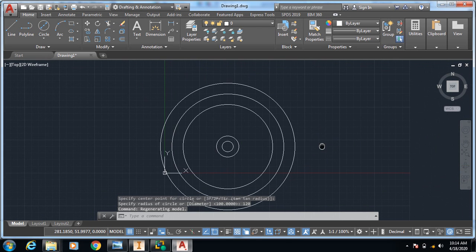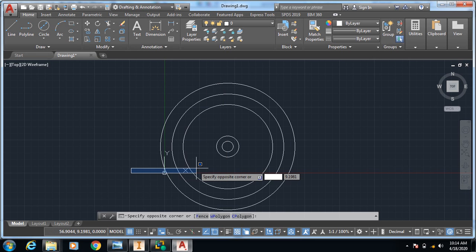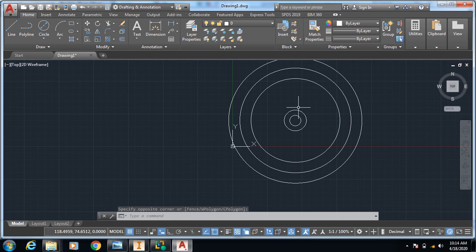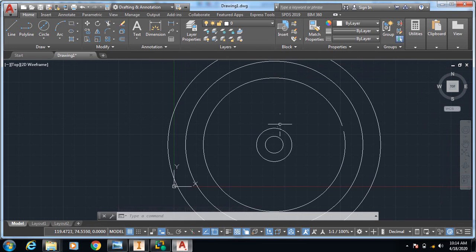So friends, let's see how we can do it. First start with the inner side.